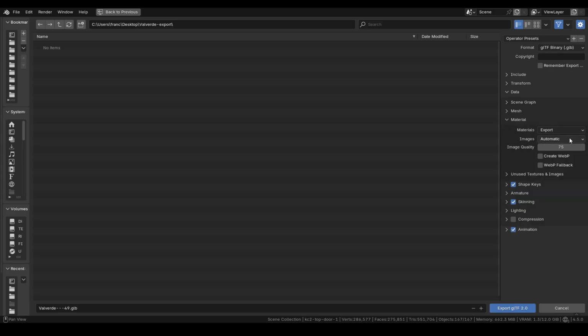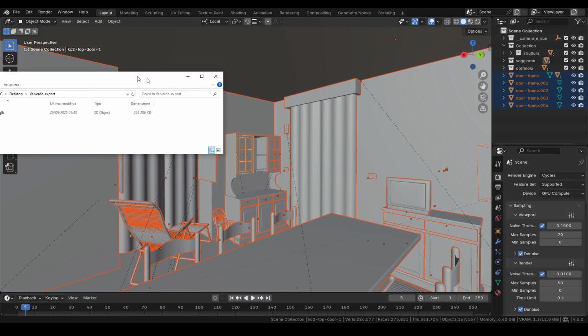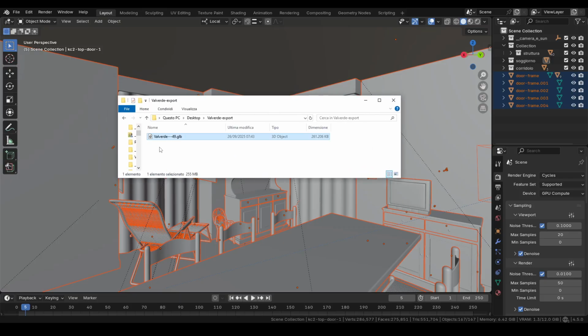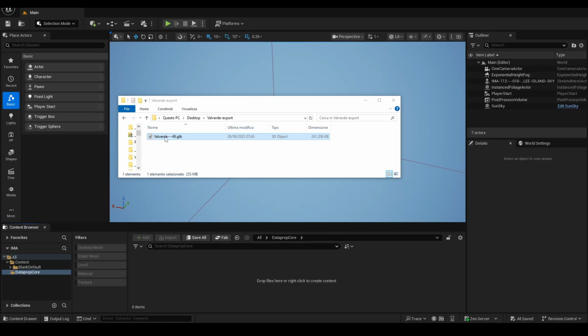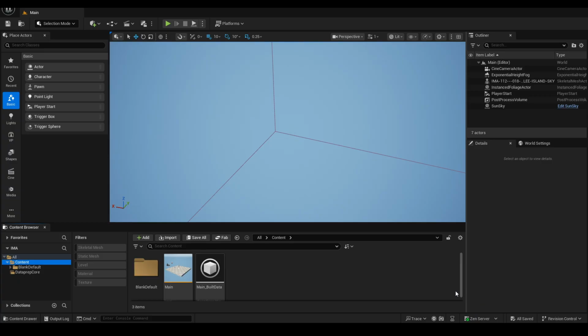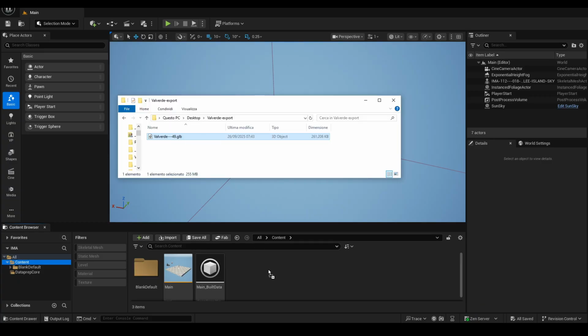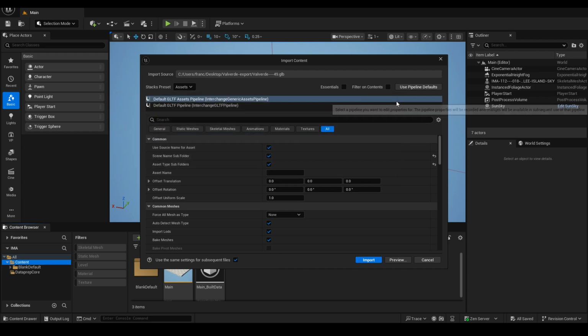From this point of view, it's similar to FBX with embedded textures. However, importing an FBX with materials and PBR textures into Unreal has often given me issues, which is why I recommend using binary GLTF. In Unreal, all I need to do is drag the GLB file from disk into the content browser, then place it in the current level, and check that all materials and textures are set up correctly.